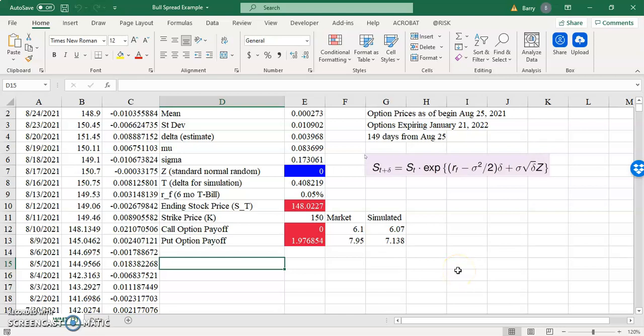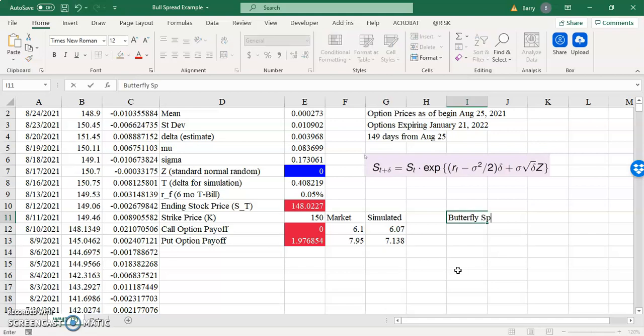The purpose of this video will be to describe a butterfly spread options trading strategy on Walmart stock. Now, one way to develop the butterfly spread is to use three different call options. So in this case, for the butterfly spread, in this example, we're going to buy a call option with a